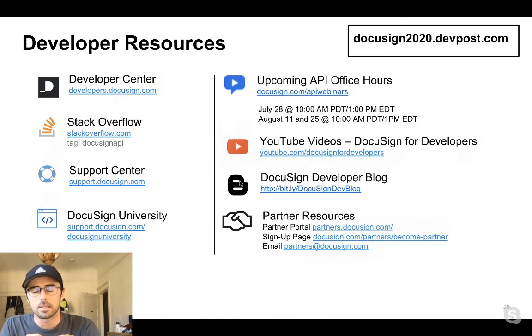Stack Overflow is invaluable to you. We have some awesome talent monitoring Stack Overflow to answer your questions. If you have a more in-depth question, this is a great place to go. You'll notice our Stack Overflow community is very lively. We take pride in being able to answer questions very quickly and being as helpful as possible. We also have a support center if you are a paid customer that just hopped onto the live stream today. Duxton University is great for more in-depth teaching and learning. For any technical topic, we have a variety of topics on Duxton University.